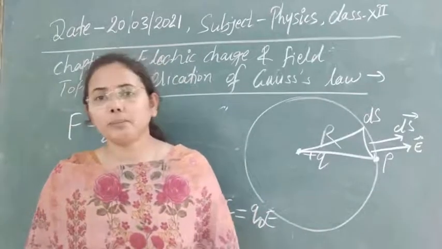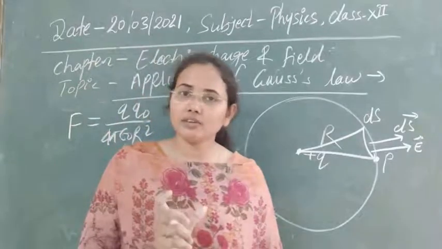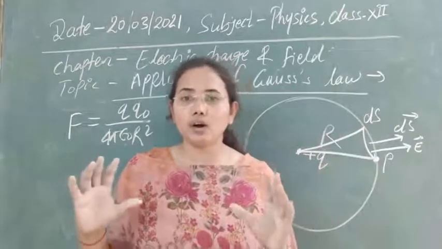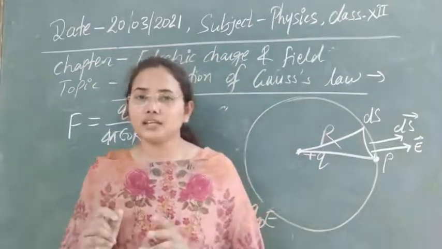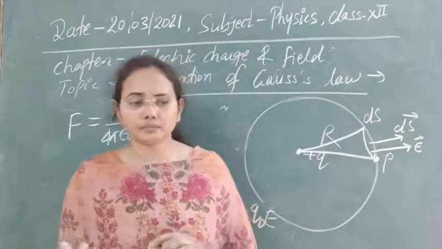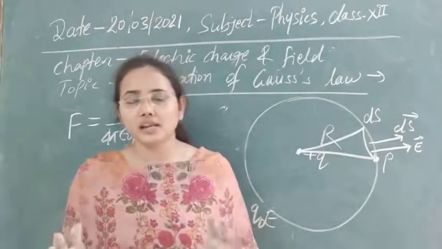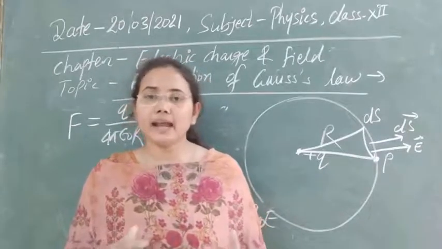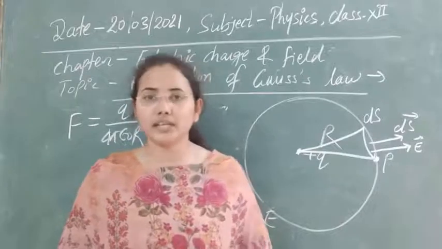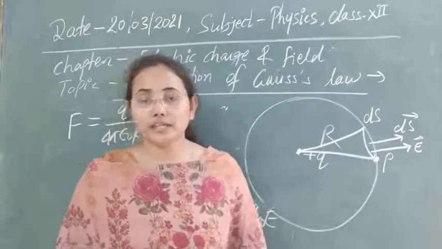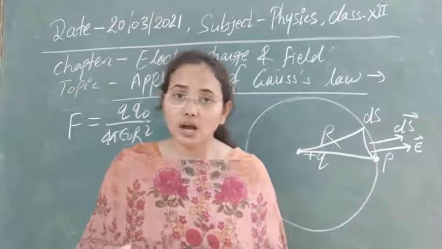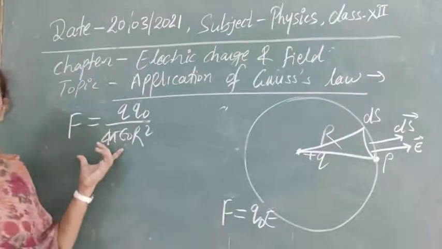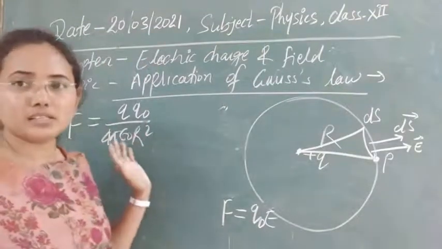The third property that we have discussed is the additive nature of charges. Charges are additive, meaning if any system contains n number of charges, and we know their individual charges, we can calculate the total charge on that system simply by addition. So due to additive nature we can calculate it. These are the properties of charges that we have discussed. Also, the force through which they interact with each other is given by Coulomb's law of electrostatics, which we have discussed already.